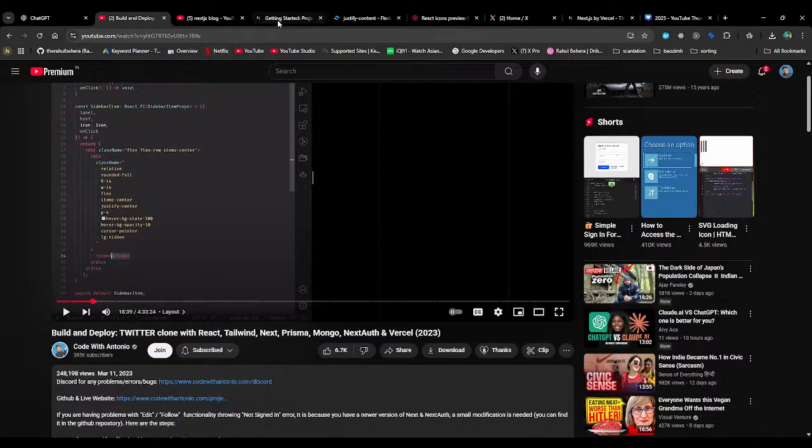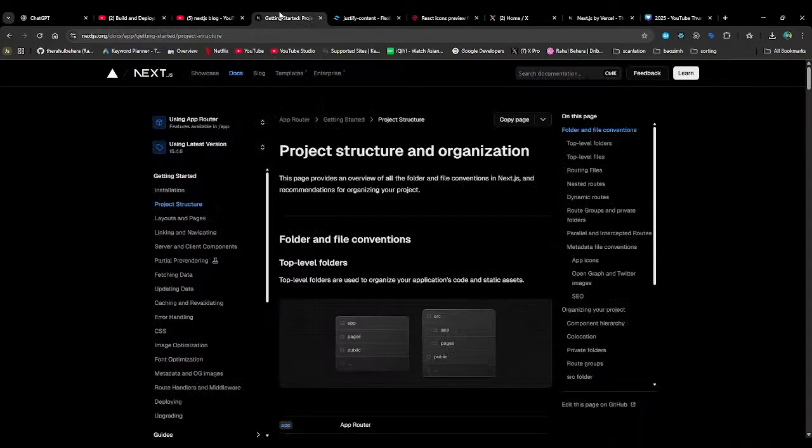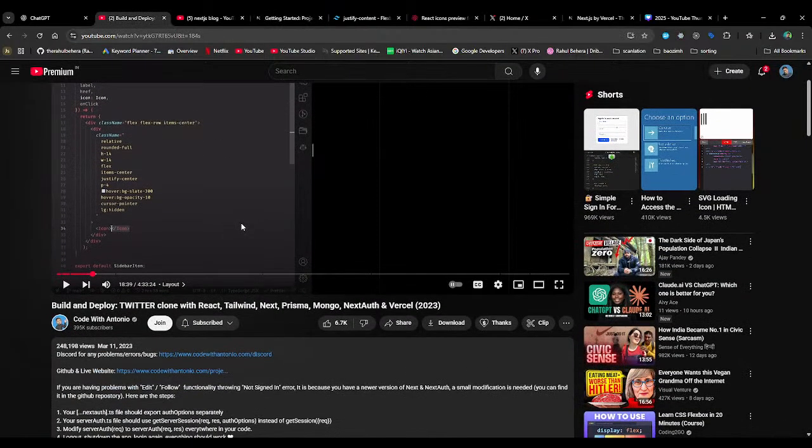So if I want to do this project, I can do it with the version at the time of the recording by Antonio, but that will be pretty much copy paste, and that is not something I want to do. Or I can read this documentation and use the app router with pretty much everything in the latest version,